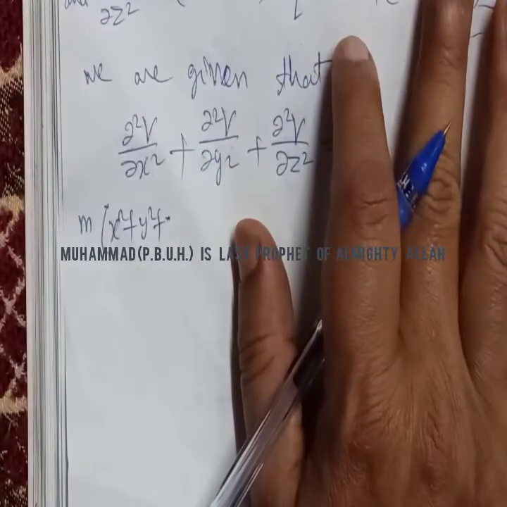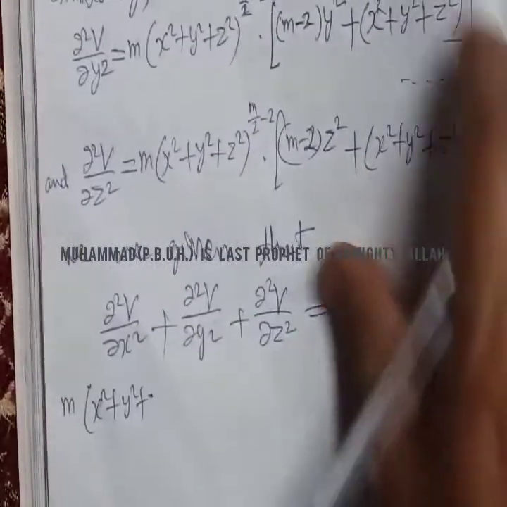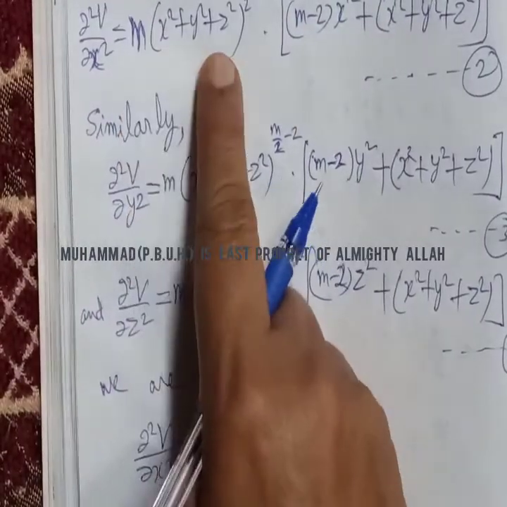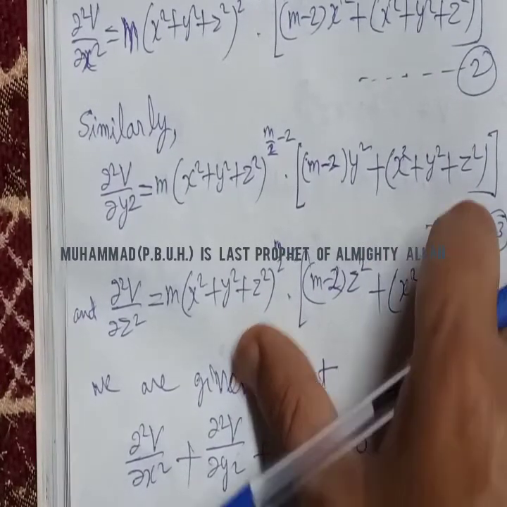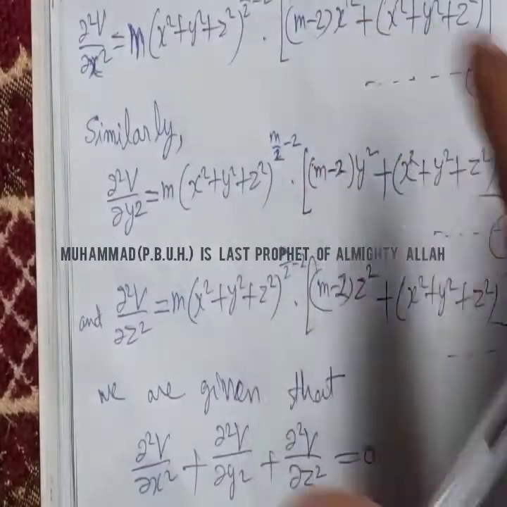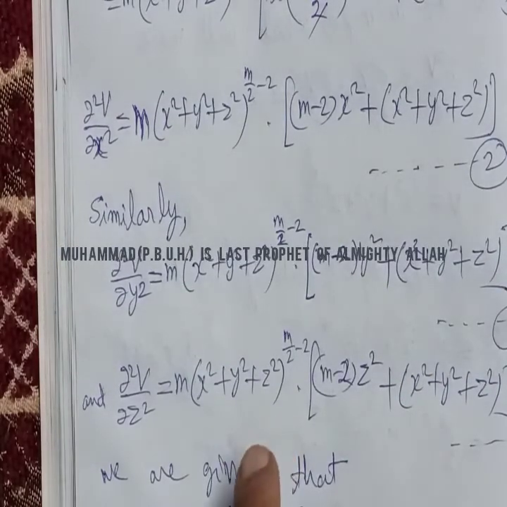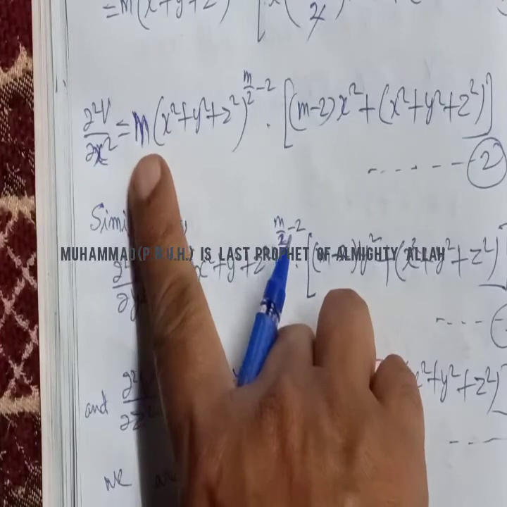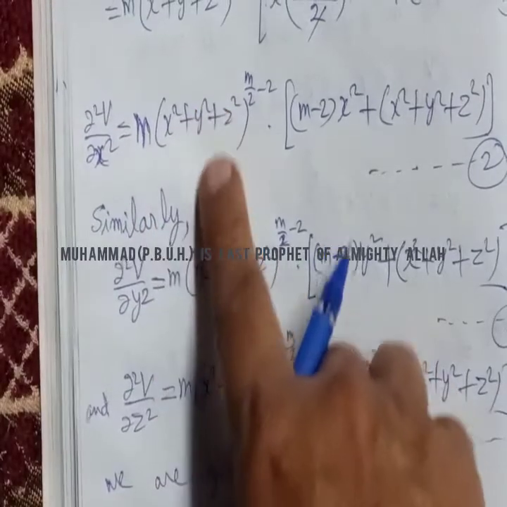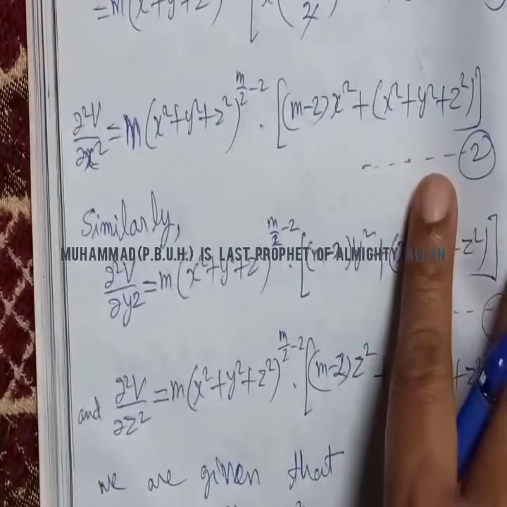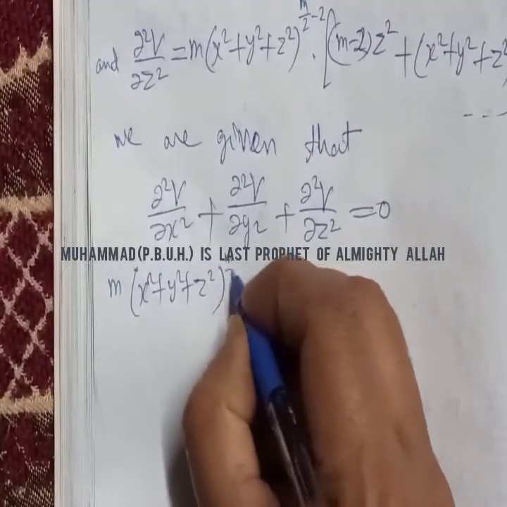You can also add directly after writing this equation, because on writing these terms it is very lengthy to write, so I do not write it here, and if you want to, you can write, but I do not write here because in these equations these values are common, so I take out from brackets and write here (x²+y²+z²) to the power m/2